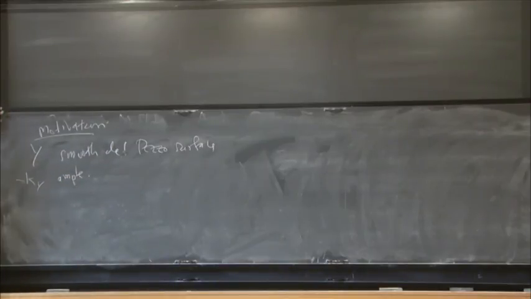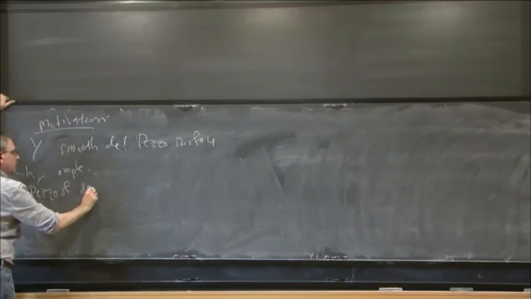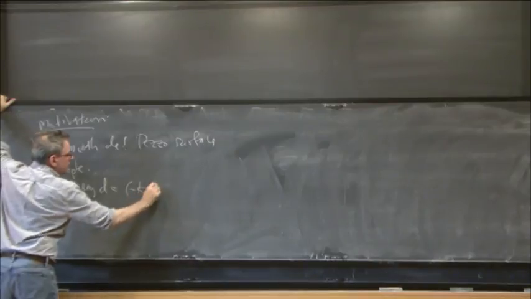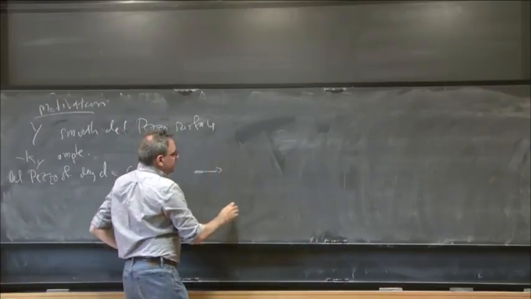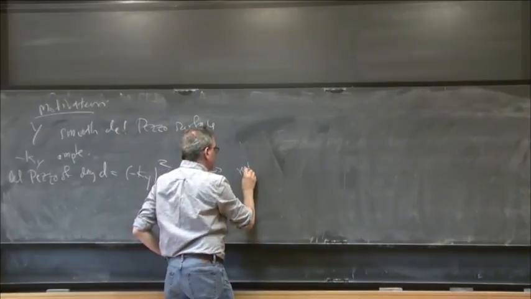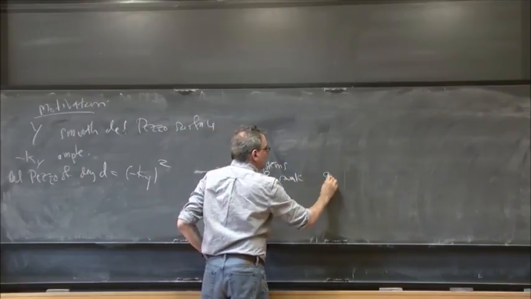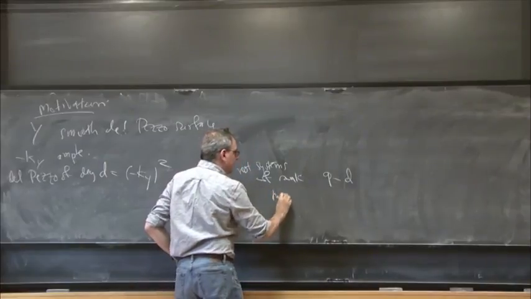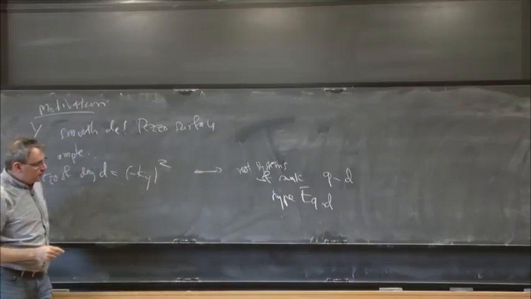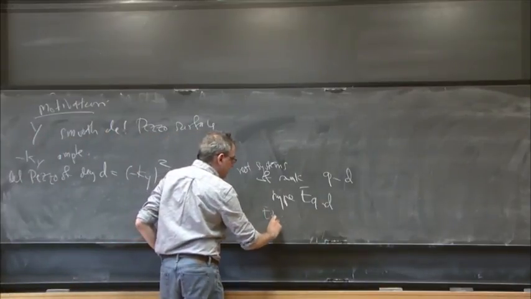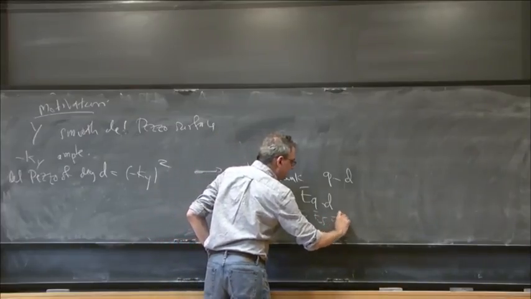And then it's known that del Pezzo surfaces of degree d, which is the degree of minus K_Y squared, is really more or less the same thing as root systems of rank 9 minus d and type E_{9-d}, where you have E8, E7, E6, and then by convention E5 is D5,